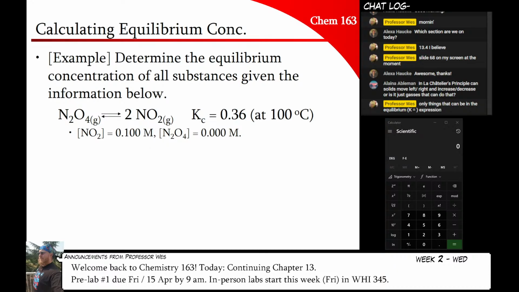So go ahead and do that, and while you are doing that, I'm going to comment a little bit about what's coming up. Pre-lab number 1 is due by Friday at 9 a.m. Hard deadline on pre-lab, so I don't actually give you time after that because it's intended to be a pre-lab. So you have to do it before lab starts.